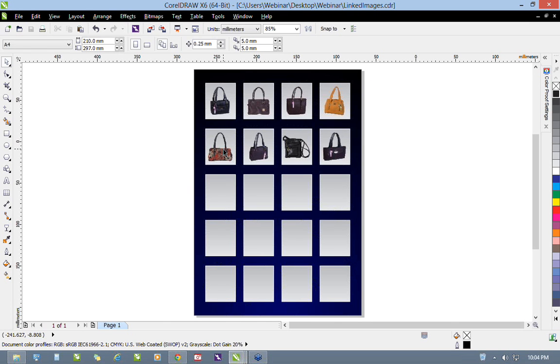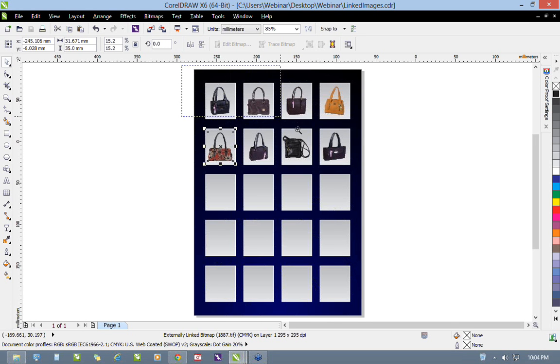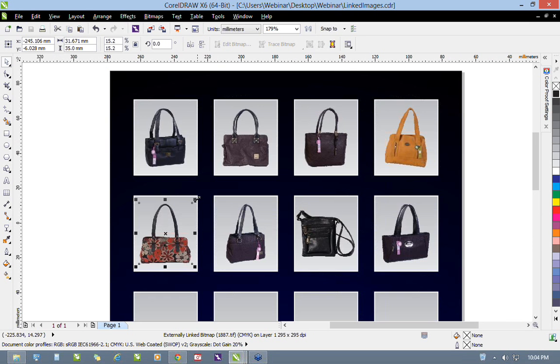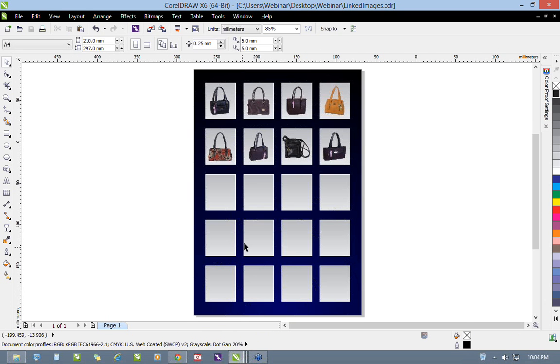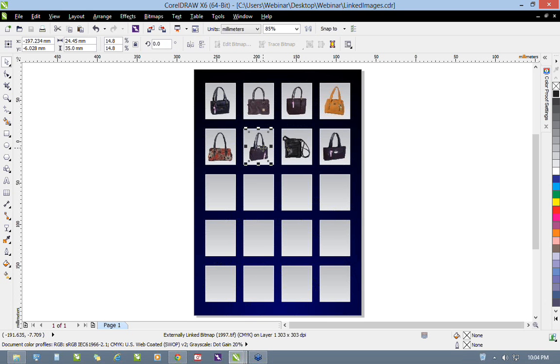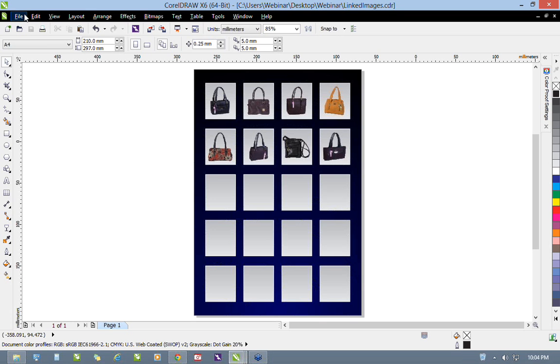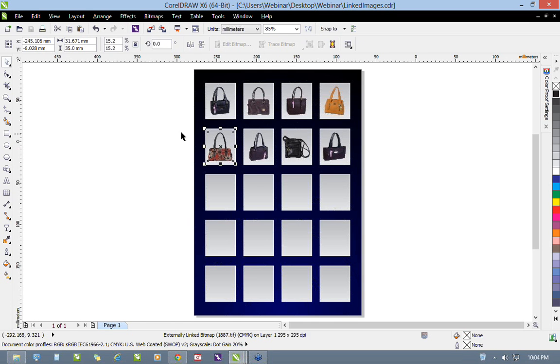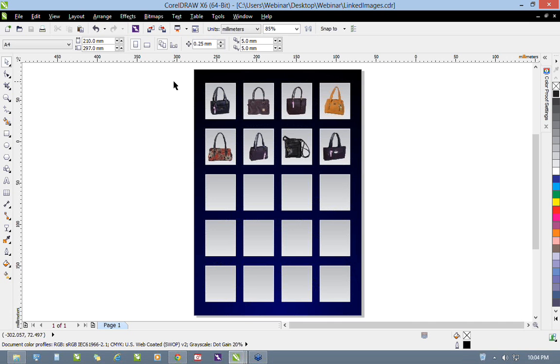So this is very important to use the externally linked images when you are working on, let's say, a 60 or 70 page catalog file or something. Navigating between the pages is a little easier than when you use full scale resolution images in the file. The only thing you need to take care of is when you are done with your final design